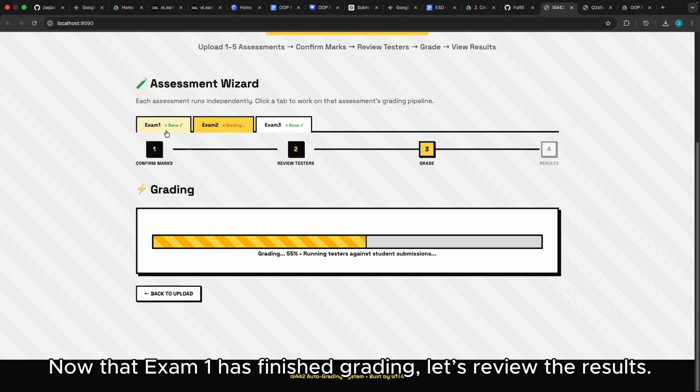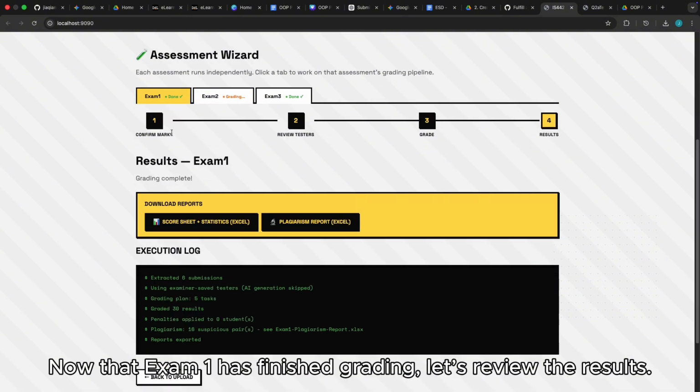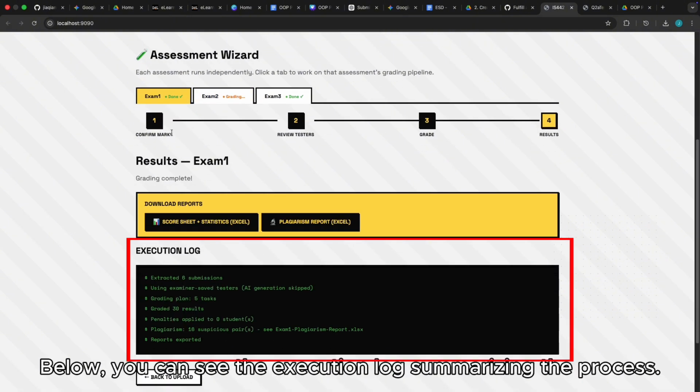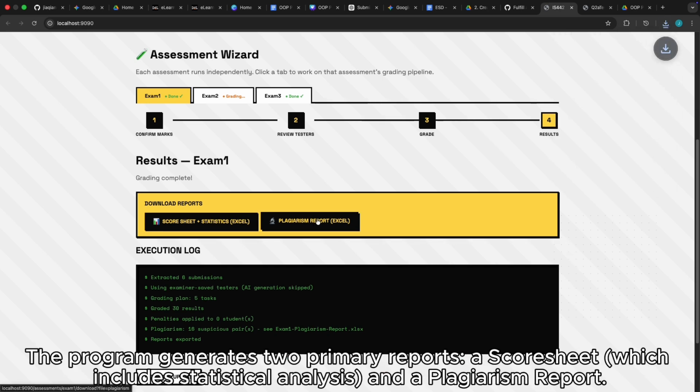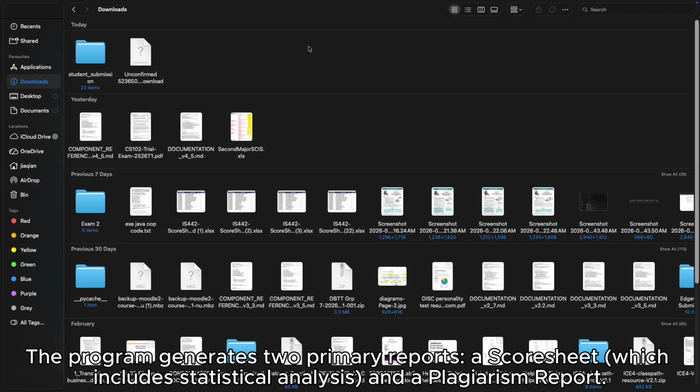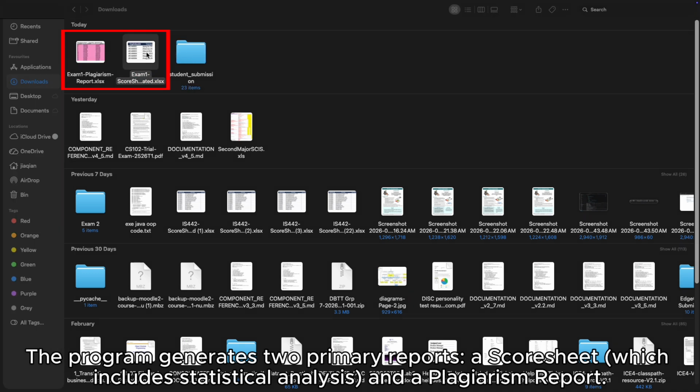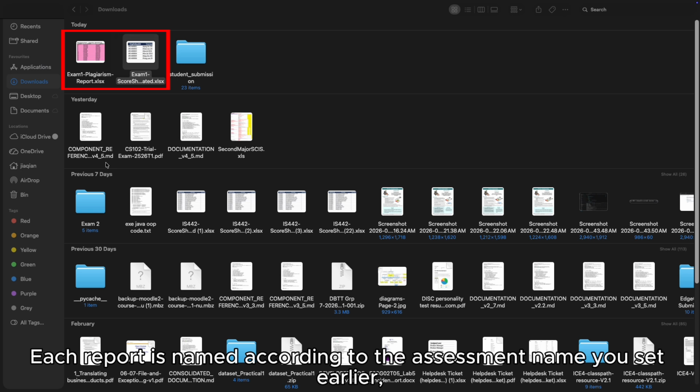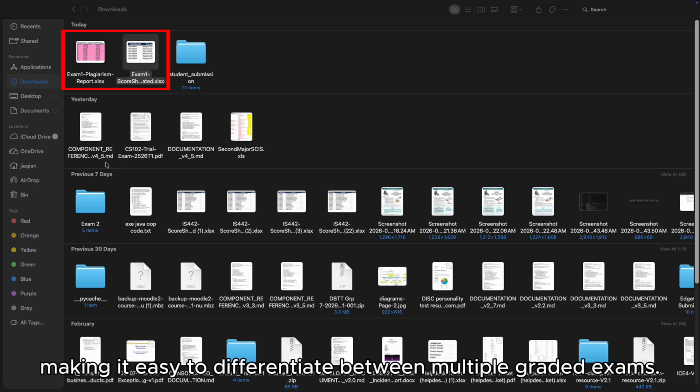Now that exam 1 has finished grading, let's review the results. Below, you can see the execution log summarizing the process. The program generates 2 primary reports: a score sheet which includes statistical analysis and a plagiarism report. Each report is named according to the assessment name you set earlier, making it easy to differentiate between multiple graded